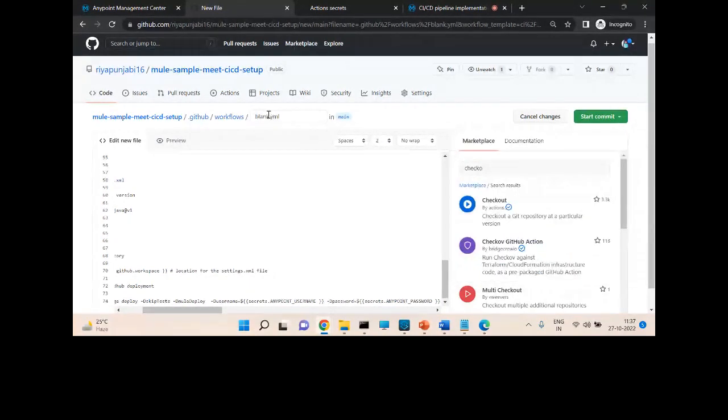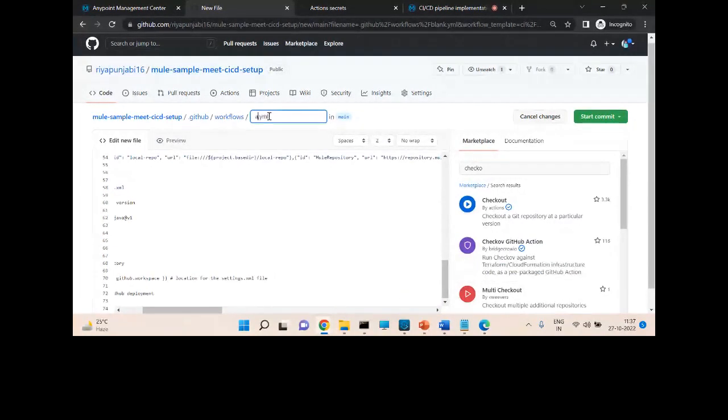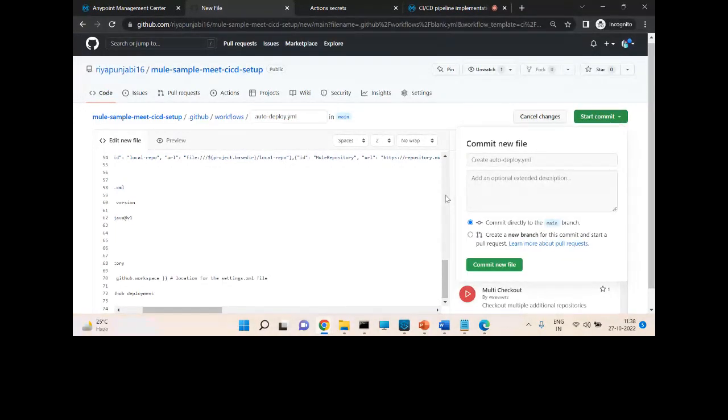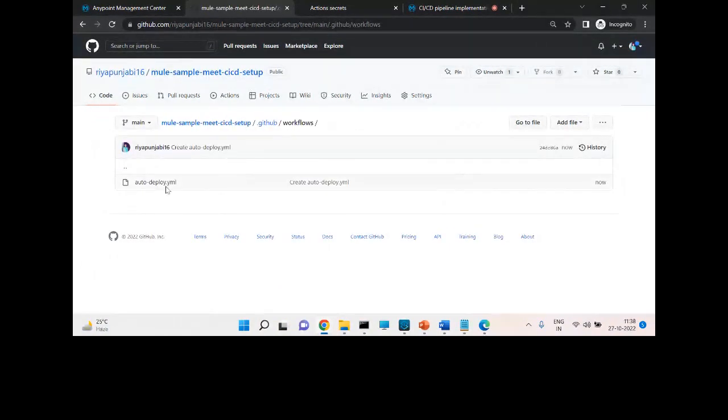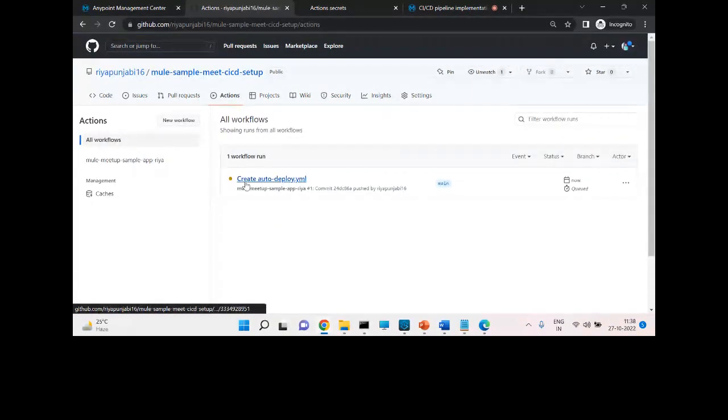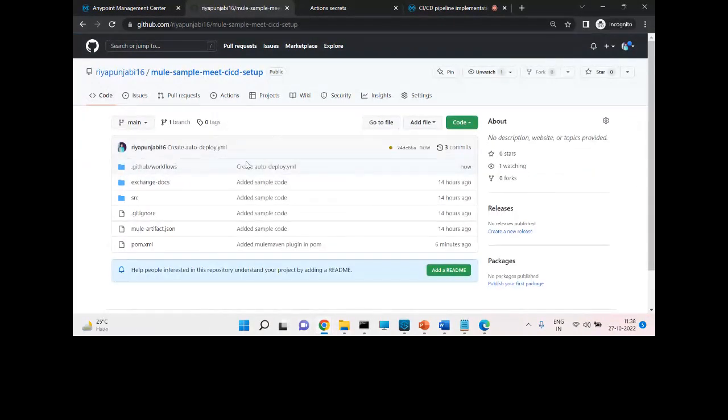First I'm renaming this. Okay, I have created this file. Now this file is committed and pushed, so the action is running.